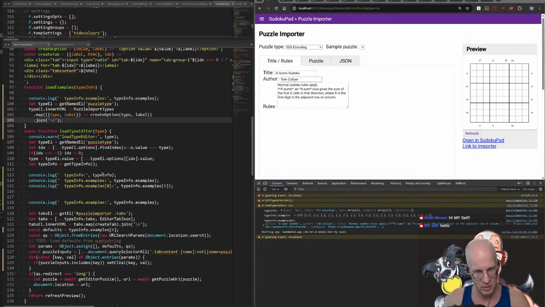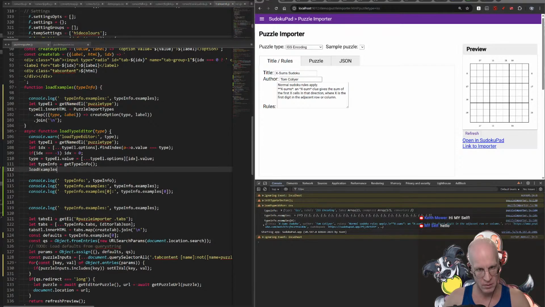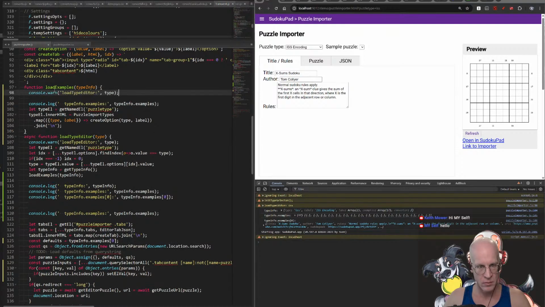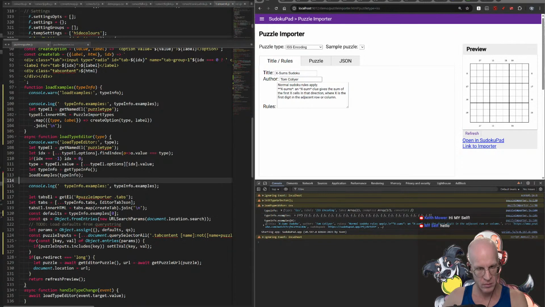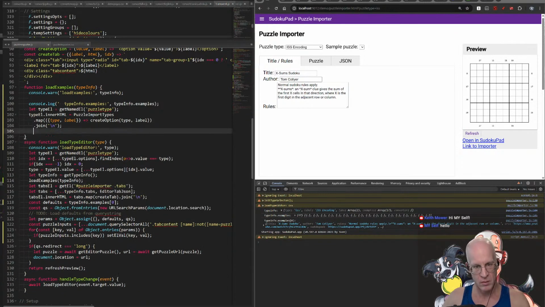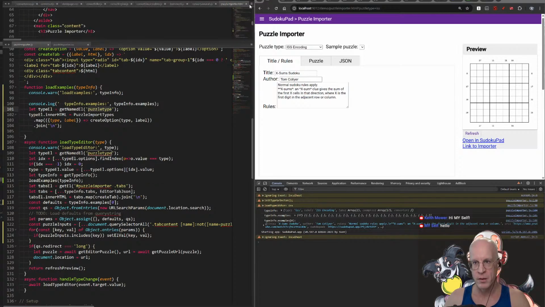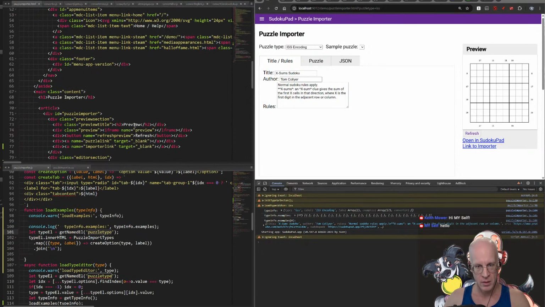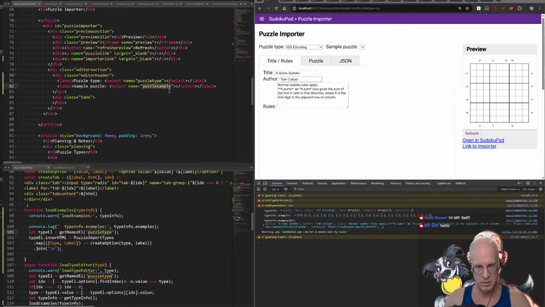And then we can just say after doing this, we'll just run load examples type info. Right. Does it make sense? And then here, that will be our new element. Let's bring this to the front. So we're gonna have to look into this. So the new element is puzzle sample, puzzle example,